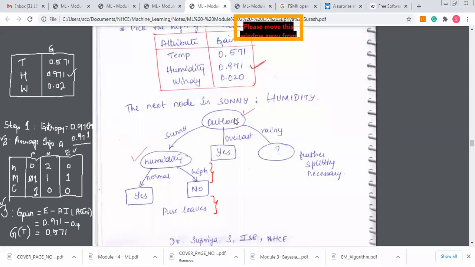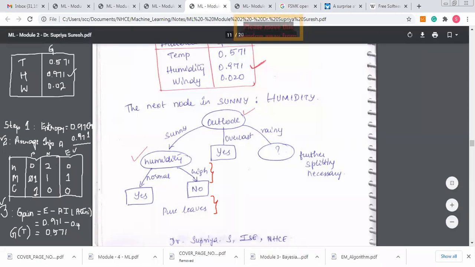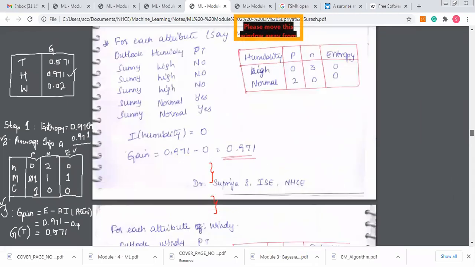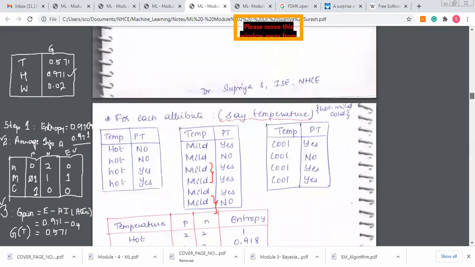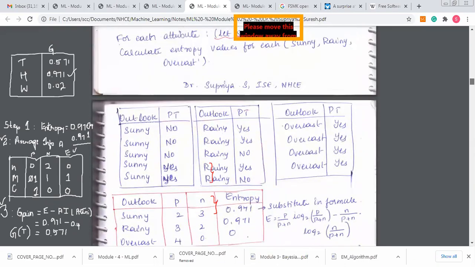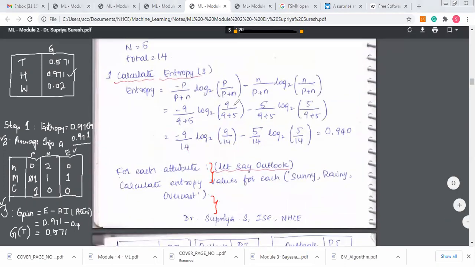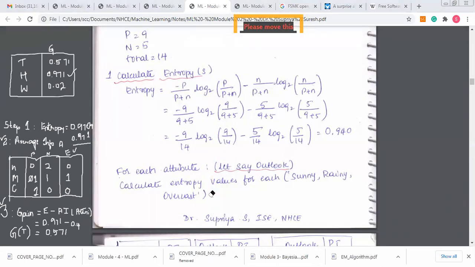Now, again from Outlook, I have to go to the next half. I have to go ahead with the rainy table. In a similar way, we will be calculating the rainy table. I'll give you a clue over here to make the entropy calculations faster, since every time you have to calculate your entropy. This is just a clue that could be helpful. Let me erase this so it'll be easy. To the right-hand side, I'll write that clue for your understanding.